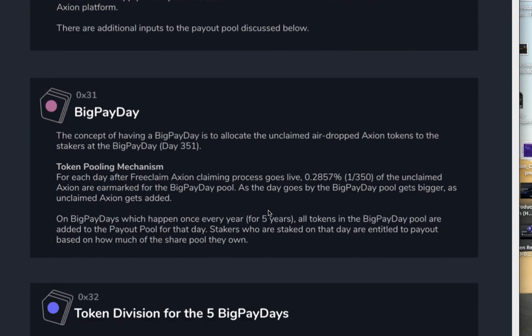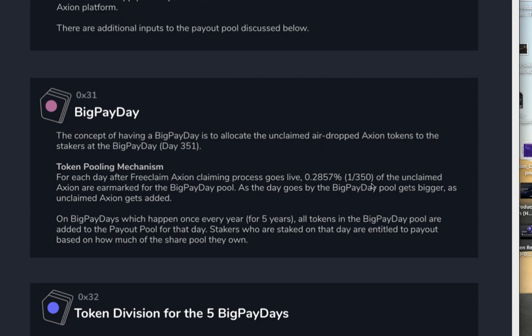Big payday. Now, many of you are excited. You're always excited about interest and the 80% Ethereum payout, but you also got the big payday as another incentive for staking. The concept of the big payday is to allocate the unclaimed airdropped Axion tokens to the stakers of the big payday, day 351. The token pool mechanism for each day after the free claim Axion claiming process goes live: